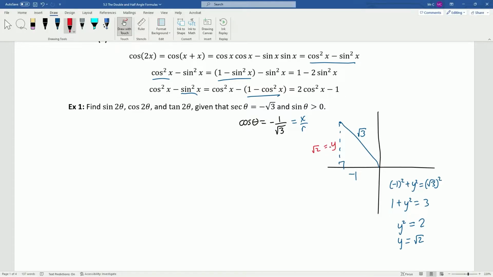Okay, so now I have my full triangle, which means now I know cosine of theta. I also know sine of theta is root 2 over root 3. And I know that tangent of theta is negative root 2 over 1, right? This is divided by negative 1, but I can just rewrite this as negative root 2. And I'm not going to do any rationalizing now. You'll see that that actually gets handled in the problem when we apply our formulas, so it would be a